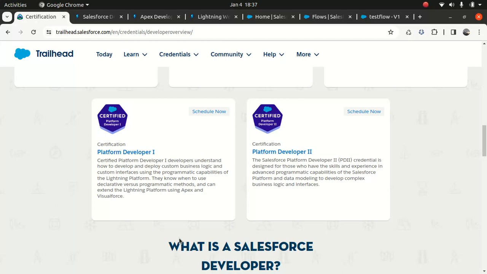And people get so offended when you tell them, hey, you're not a developer, for goodness sake. I started programming when I was 10 on BASIC, then I moved to C, C++. I have almost 17 years of experience in programming. And someone just takes Platform Developer One and comes and says, hey, I'm a developer, it's such an insult to the programming profession.